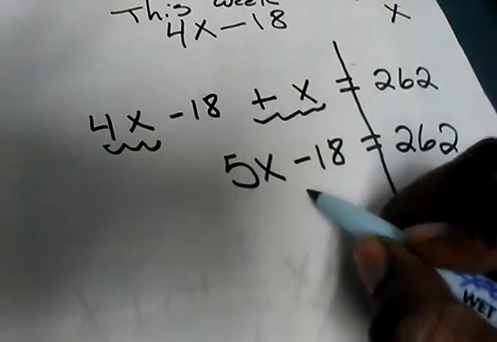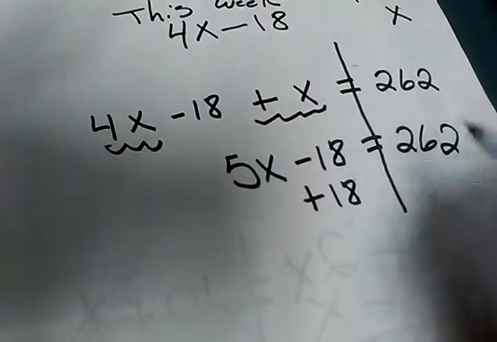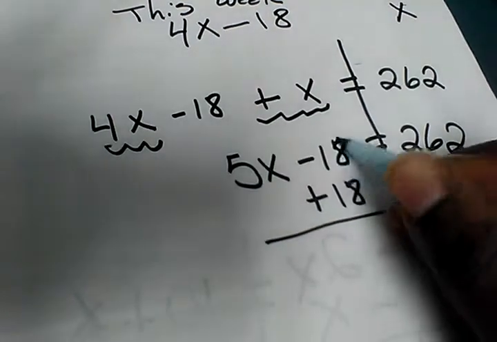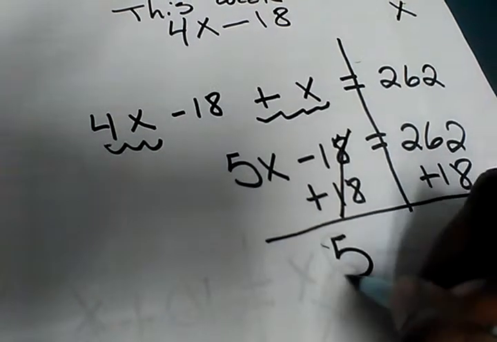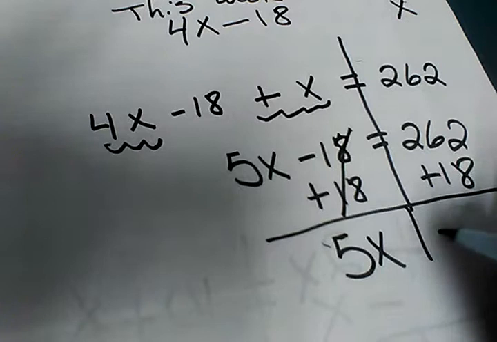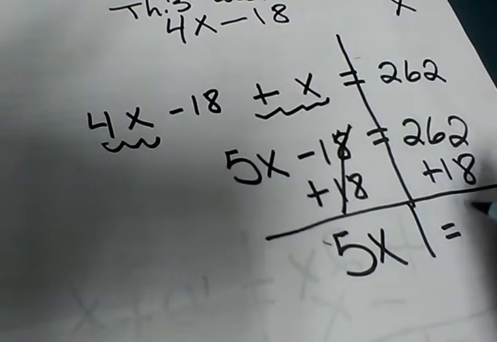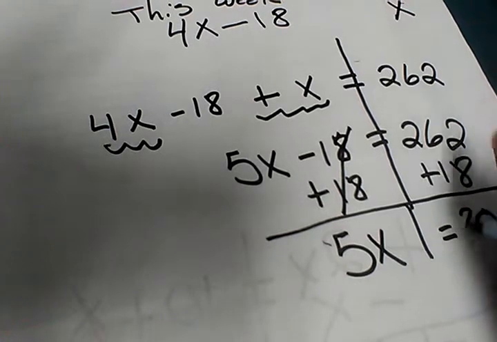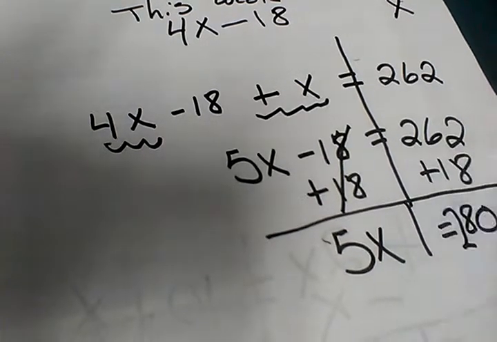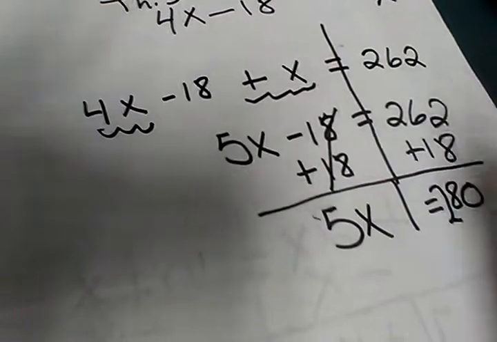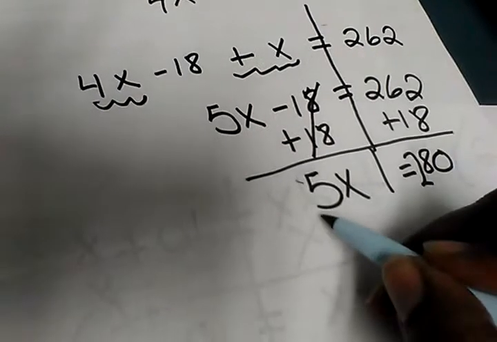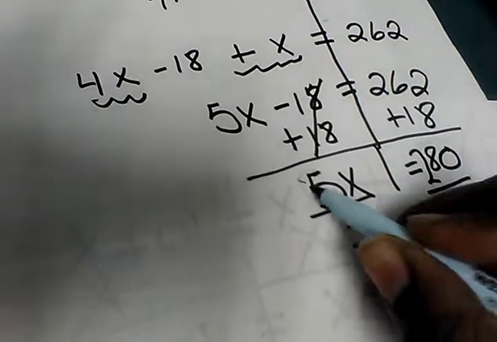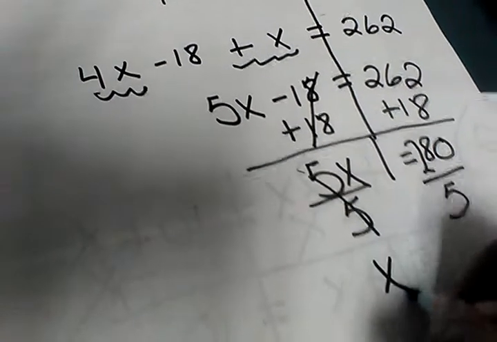Minus 18 means I have to do plus 18 on both sides. This, of course, cancels. So 5X equals 280. I know you're like, why did she pause? I had to do that in my head, you guys. So I had to make sure I got it right. Divide by 5. So X would give me